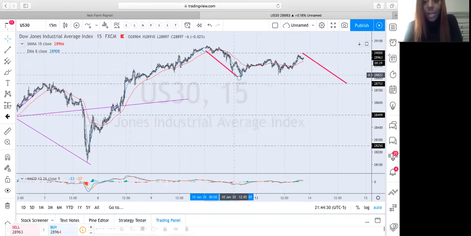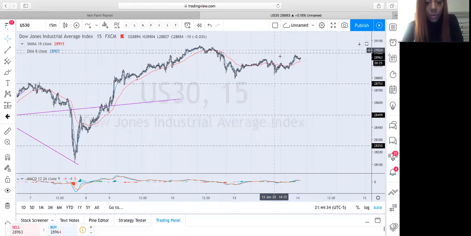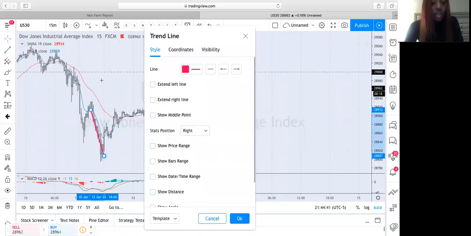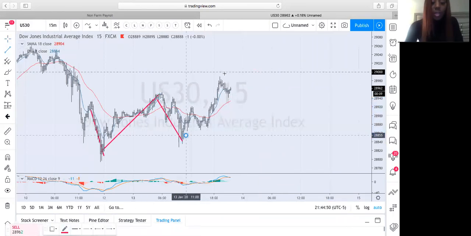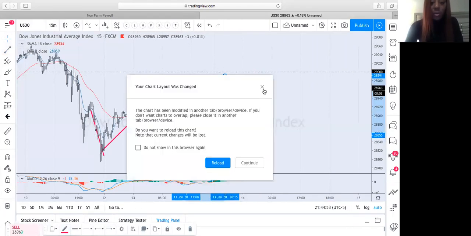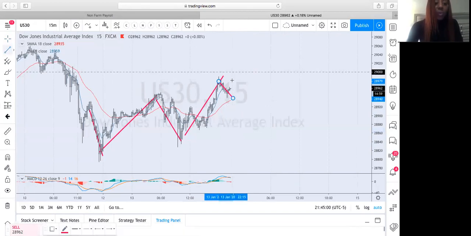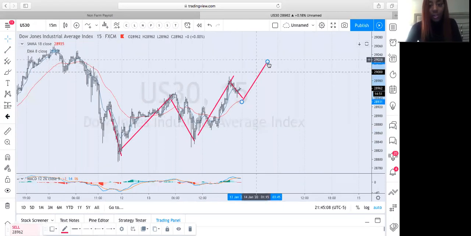Yeah, where prices are now, I have it dropping. The only thing is it's kind of making higher highs and higher lows here. So here, then this will be one here, and then this will be one here, and then this will be one here. And because this is forming on a smaller time frame, remember that. Here, I could see one more push up, potentially to this area, actually, here. And then I have it dropping